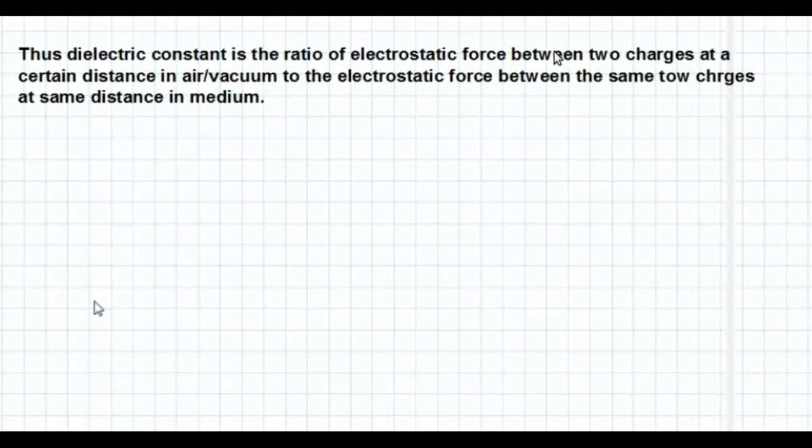So why is the reference medium either air or vacuum? Because in this case the value of epsilon r is equal to 1, and for other media the value of epsilon r will be different. It will be different for different media. Actually, it will be greater than 1 for any medium other than air or vacuum.